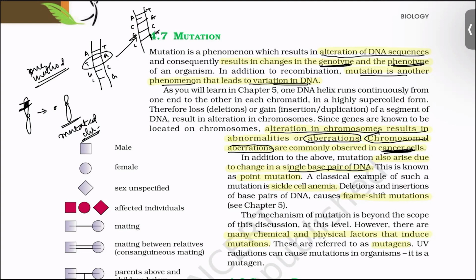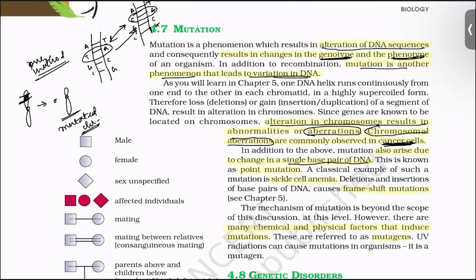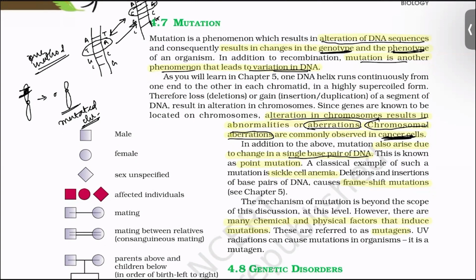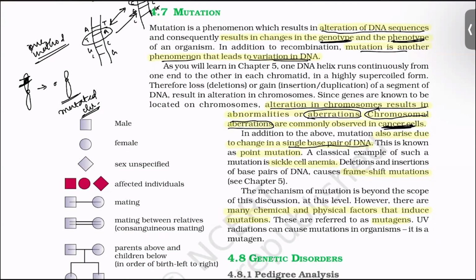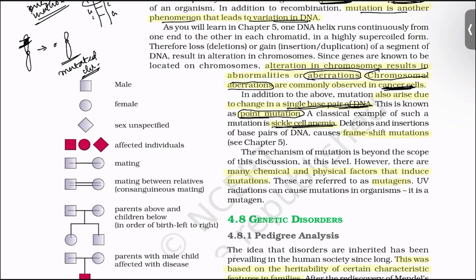Okay, so here you can see the sequence inside the DNA is getting changed, and this can also lead to a mutation, and this is known as point mutation. It happens at a point, on the level of a single base pair, and the classic example of point mutation is sickle cell anemia, and deletions and insertions of base pairs cause frameshift mutations in